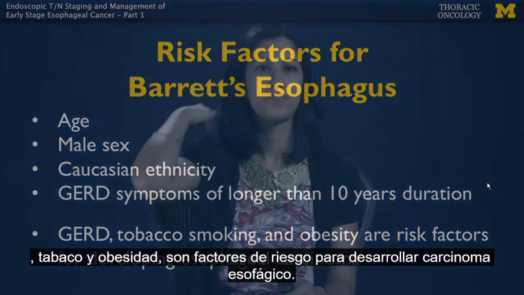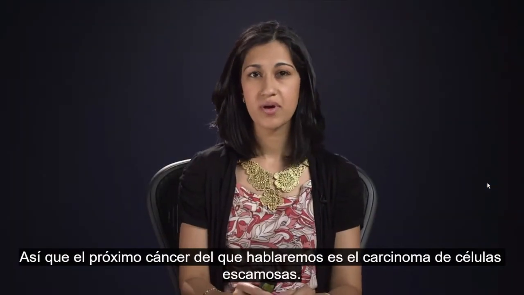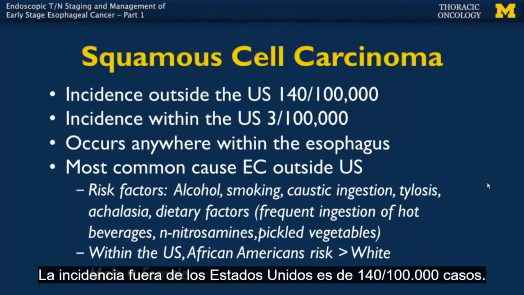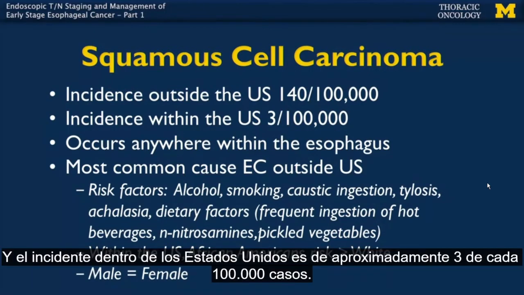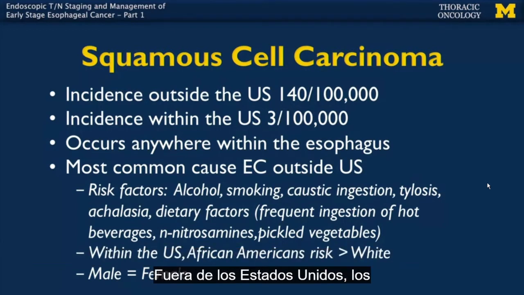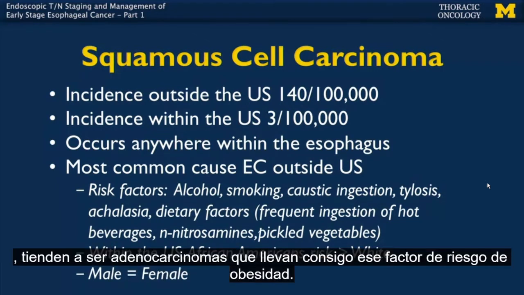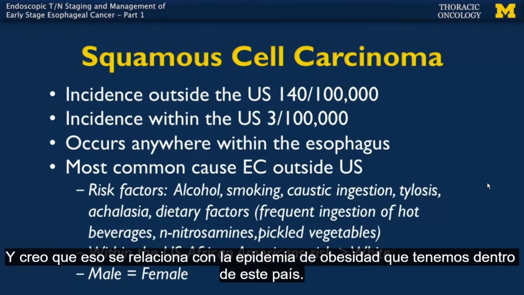So the next cancer we'll talk about is the squamous cell carcinoma. The incidence outside the United States is 140 out of 100,000 cases, and incidence within the United States is about 3 out of every 100,000 cases. Outside the United States, esophageal cancers tend to be squamous cell carcinomas. Within the United States, they tend to be the adenocarcinomas, which carry with it that risk factor of obesity,